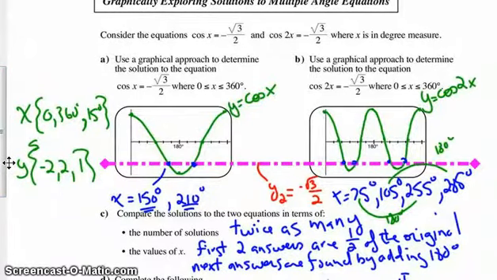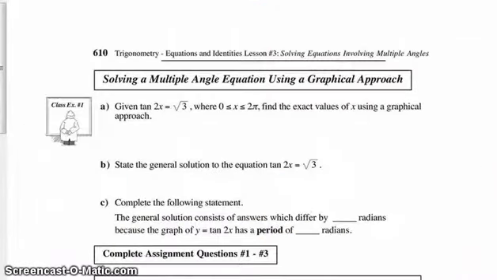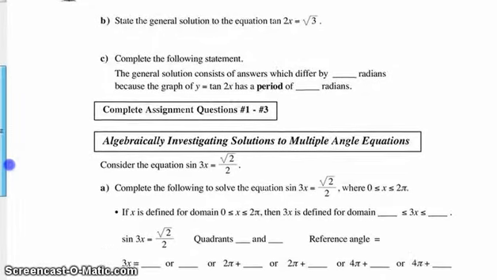You can get twice as many answers and they're half as big when you have a b value of 2. Clearly that changes depending on the b value you have, right? But it does have an impact on the solutions. We need to find an algebraic approach for this happening. We're going to leave tangent now. Let's just go straight to